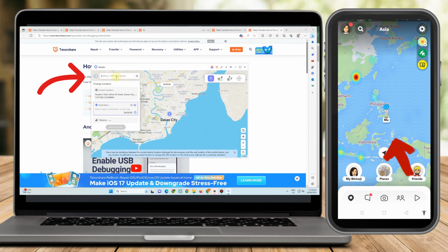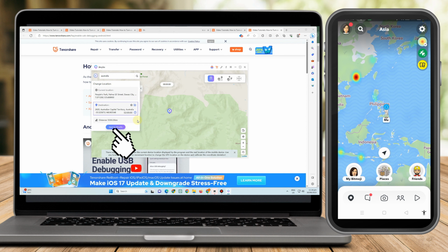Now go to iAnyGo and then see this search bar here. All you have to do is type any location. For example, I want my location to appear as if I am currently in Australia. So you just have to type Australia here and then click start to modify